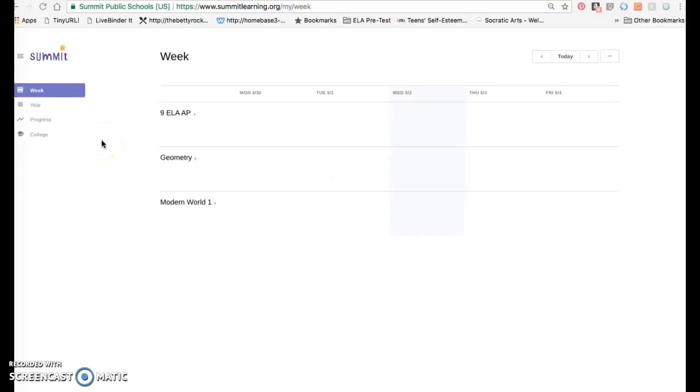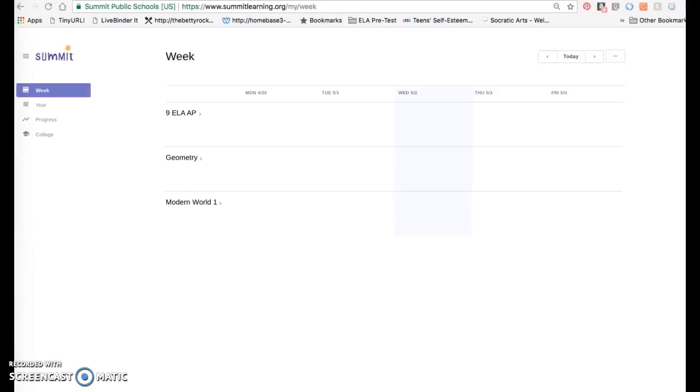Okay, so once you log in to the platform, you will get a welcome message, and on that landing page there are some options. You can reset your password, or you can go right to your child's dashboard. I came right to my child's dashboard so that I can explain to you what you're going to see in here. So the first page that you see is called the week page,